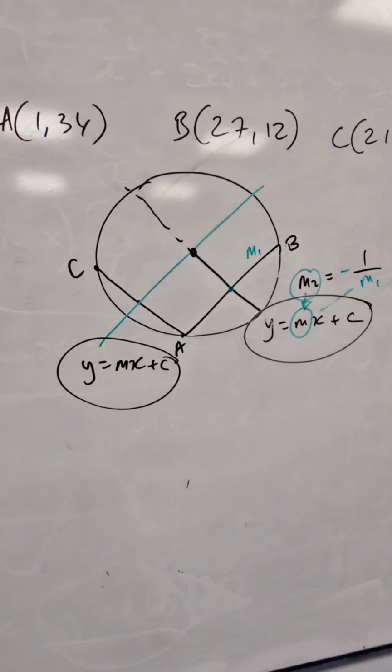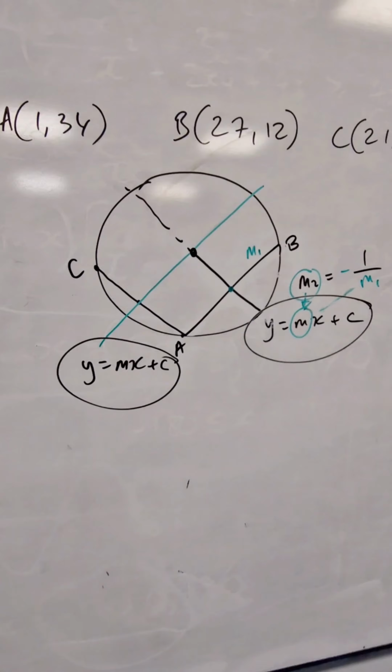Now, you can draw your chord, and you can see this question, by the way, it should be appearing on the screen so you can see the question as it is. Draw the chord and you've got your radius, just like in the question. And we are just going to take 2 of these points, and let's say this is A, this is B. Step number 1, what you want to do is find the gradient of this line. Once you find the gradient of this line, let's say M1,